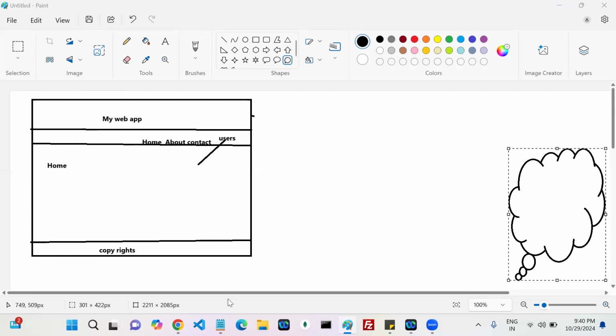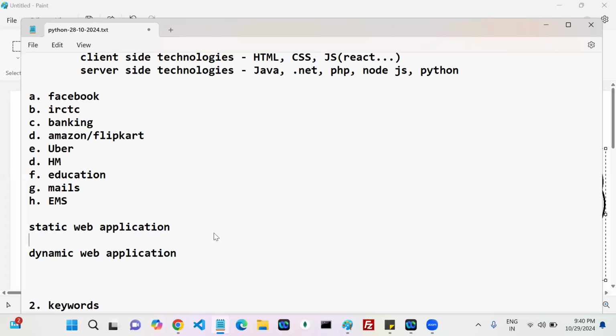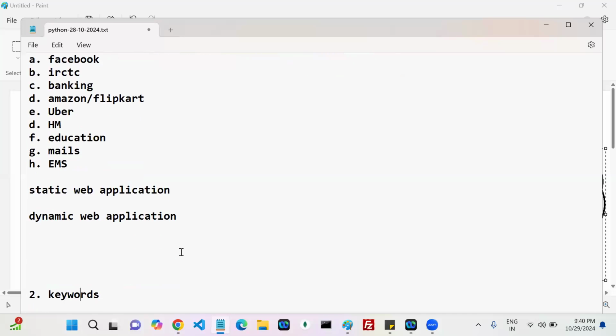All are okay? Which one can we say is a static web application? Which one can we say is a dynamic web application? Agreed, everyone? Okay, then. Now,